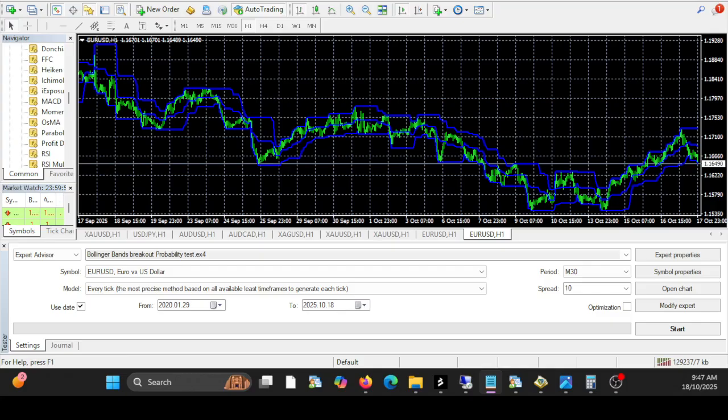Imagine you're a pro poker player. Would you sit at a table without knowing the odds of landing a full house or a royal flush? Of course you wouldn't. So why do most traders, probably 99% of them, just jump into trades without knowing the probability of winning? Crazy, right? Experience and patterns are great, but if you want to win consistently, you need to know your numbers.